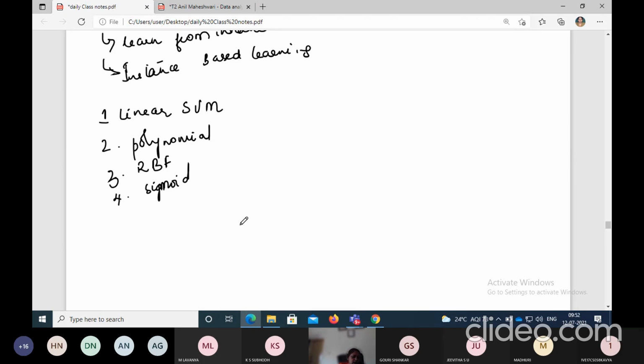SVM as a technique, as I said, works with two classes, and two major constraints apply. It works well with real numbers, and all the data points in the dimensional space must be defined with numerics only. That is the implication. And it works only with binary classification problems, so one can build a series of support vector machines to get around this kind of limitation.